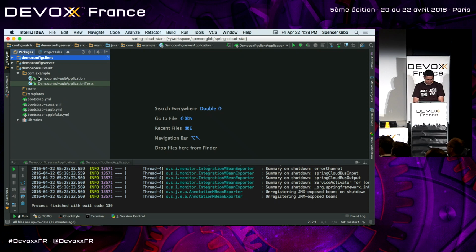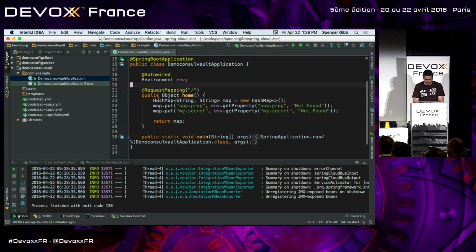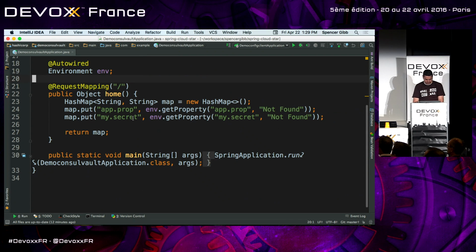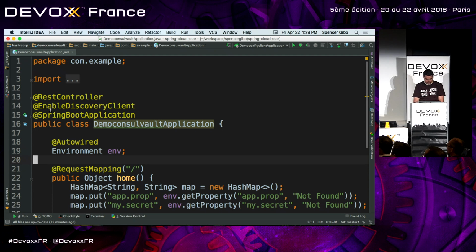And I have a very, very simple application that I use this enable discovery client, so when it runs, it will register with, in this particular case, Consul.